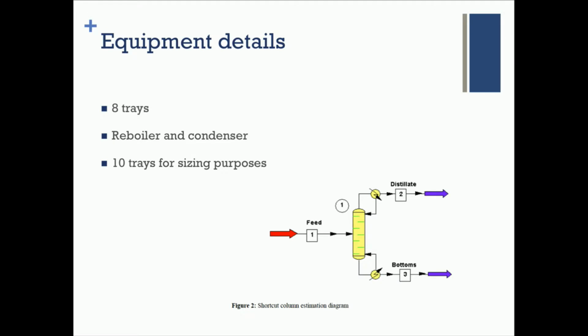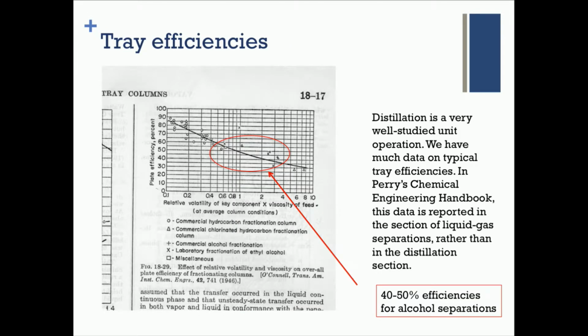Now there is one little hitch here. We would like to know something about tray efficiencies. The good news is, since we've been distilling materials significantly since the 1940s, we know a lot about tray efficiencies. Tray efficiencies are usually based on the materials you're distilling and not the details of the column. So what I've done is I've found in Perry's Chemical Engineering Handbook a tray efficiency graph which shows where alcohol